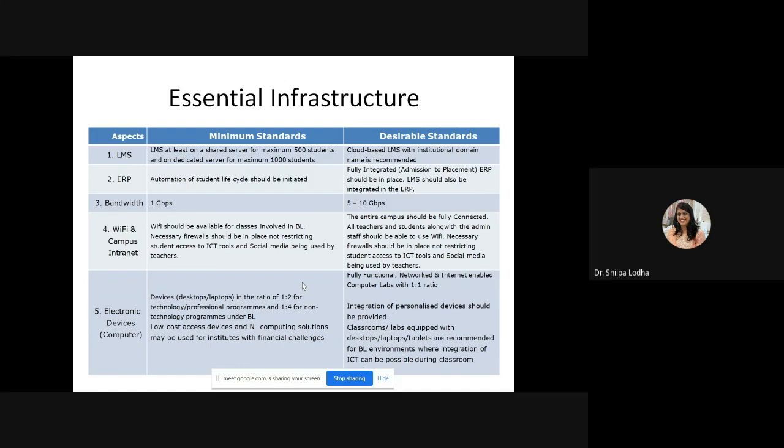Again, the necessary firewalls can be there, but you should not restrict your students from using ICT tools, and you should not restrict your teachers from using social media, because here the role of the teacher should be more student-centric, based on what students like. Social media is a hype among the youth, so teachers can use this type of media for blended learning mode.